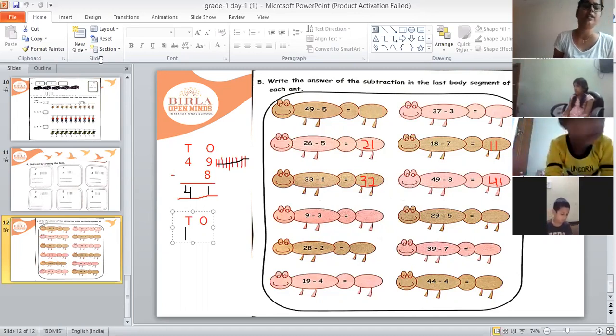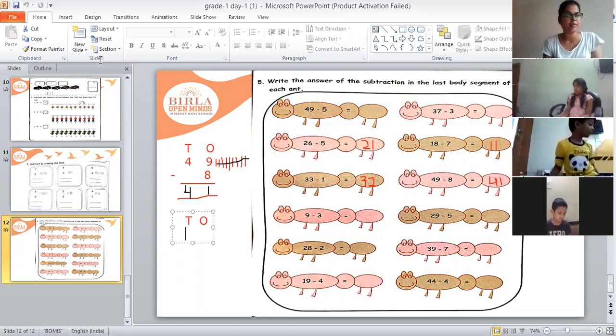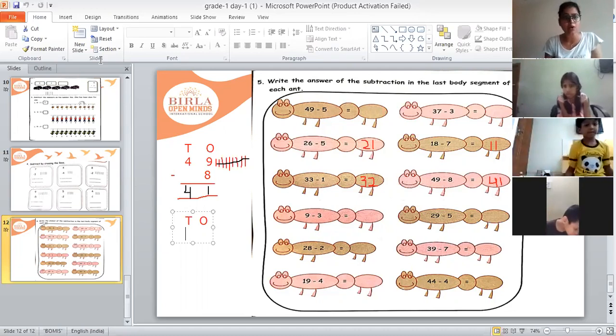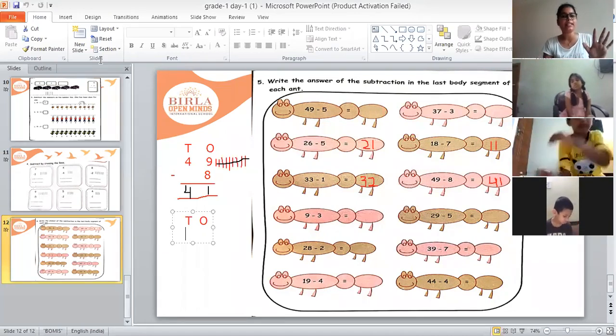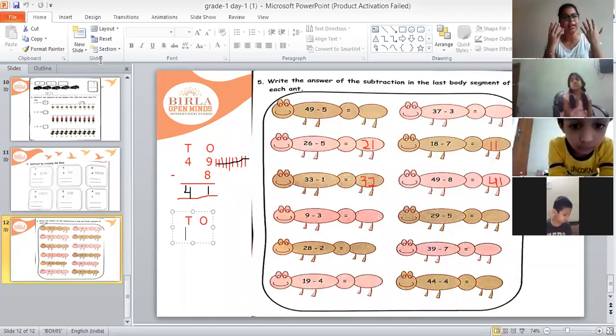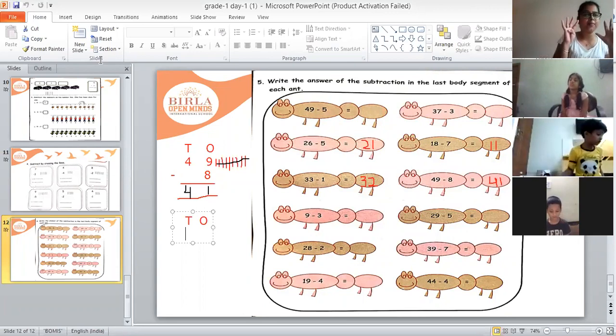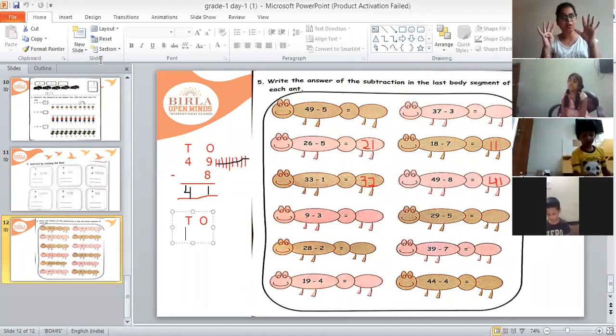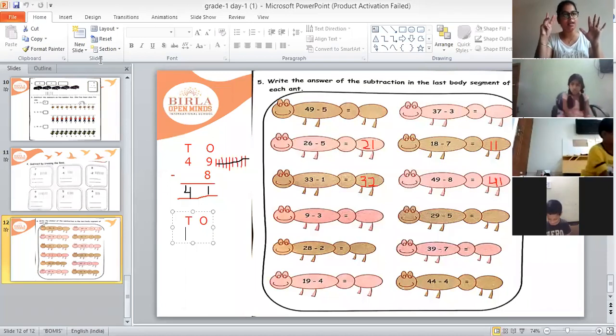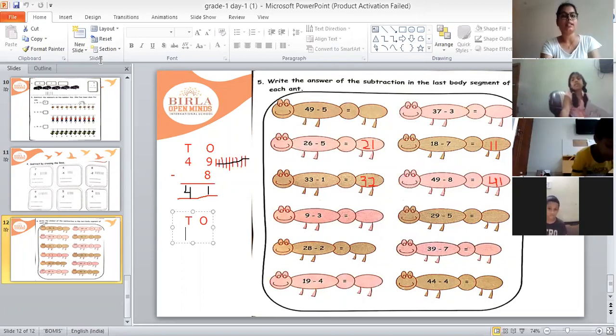But see, how can you do this? This is 9 minus 3, right? So if it is a one digit number, how you can subtract? See here, we will take out our 9 fingers, right? And out of these 9 fingers, how many fingers we will remove? We will remove 3 fingers because after minus sign number is 3. So we'll remove 3 fingers. 1, 2, 3. So how many are left now? 1, 2, 3, 4, 5 and 6. So 6 fingers are left now.